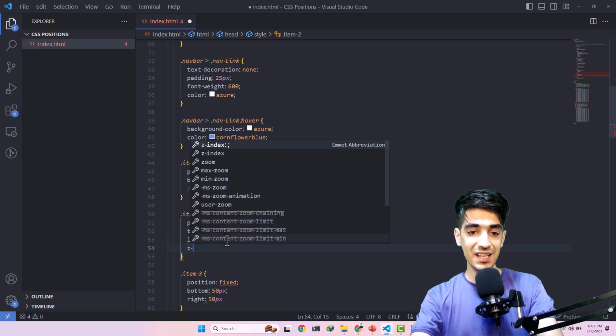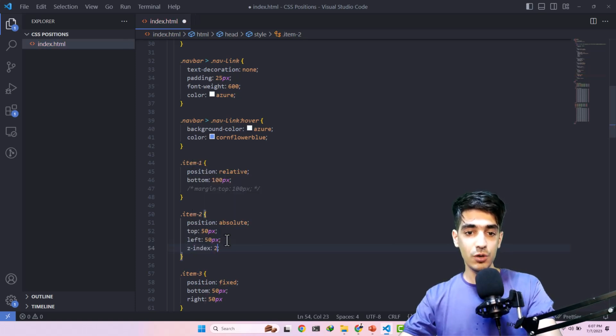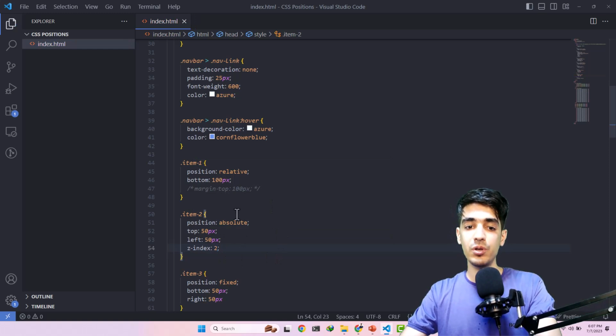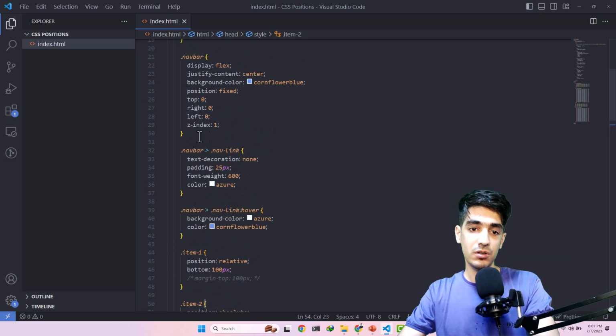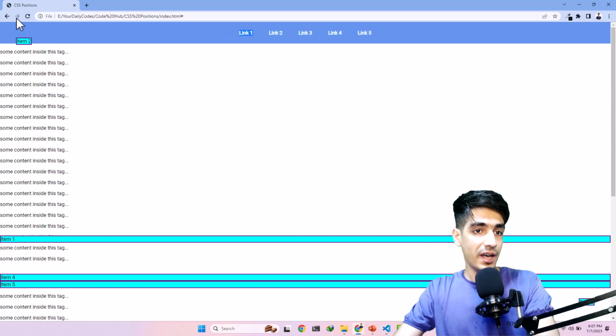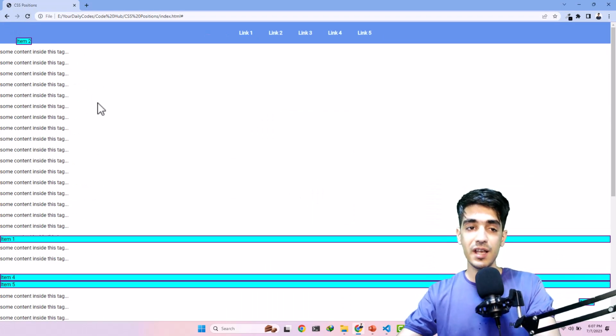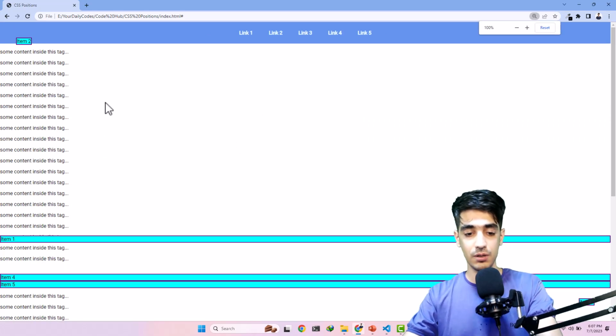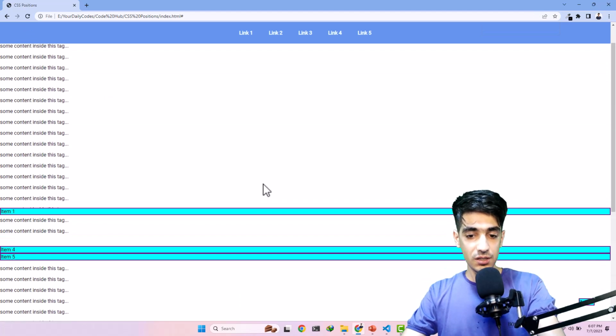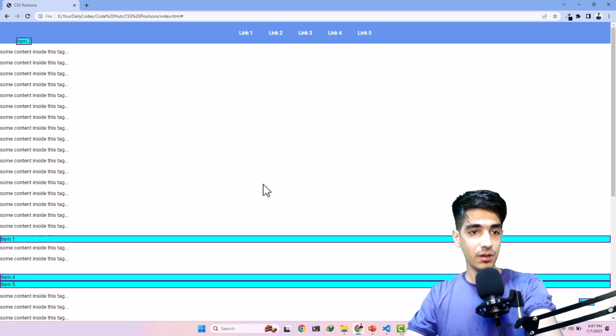So this z-index is a value that we can set to any value that we like: 1, 2, 3, 100. It just depends on what we like. And anything that has a bigger z-index will be displayed on top of the other elements that we have. So this is it. I have explained those CSS properties that I wanted. I am going to come back and talk a little bit more about z-index,